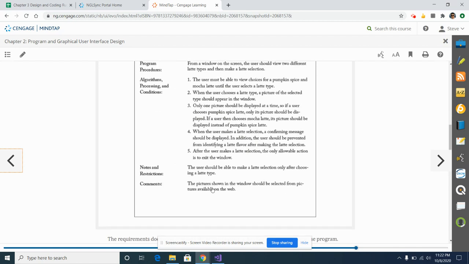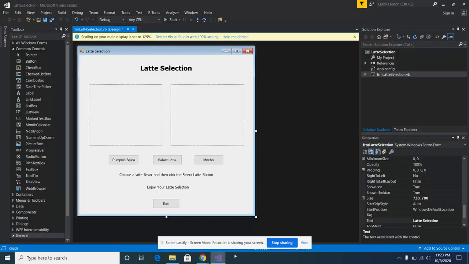Last thing is the picture shown in the window should be selected from pictures available on the web. They actually provide pictures for you. I gave those to you on your flash drive, but if you've lost them, you can re-download them from the book website. Okay, so let's go back to our application, and I'm just going to start going through the steps